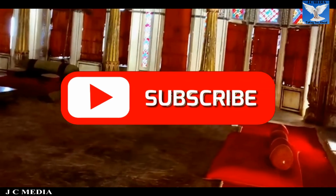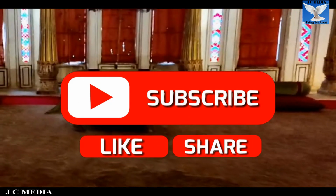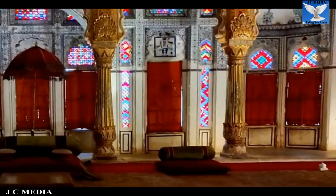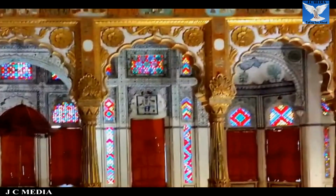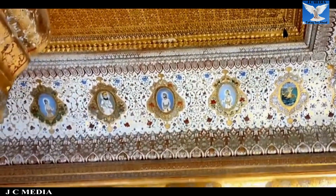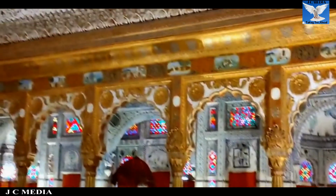There are 4 notable things which we would like to inform our viewers about Mehrangarh Fort. First, a chhatri is dedicated to a soldier, Kirat Singh Sodha, who died while defending the fort in 1808 near Jaipur. Second, the impact marks of cannonballs fired by the enemies are very much visible at the second